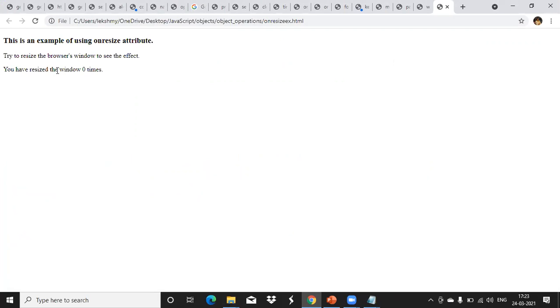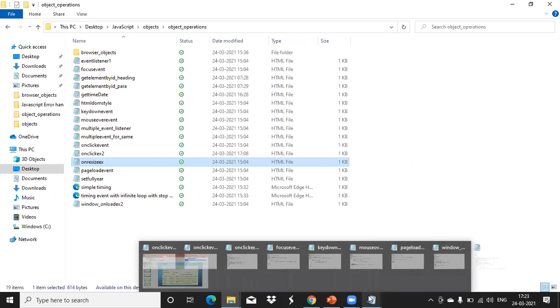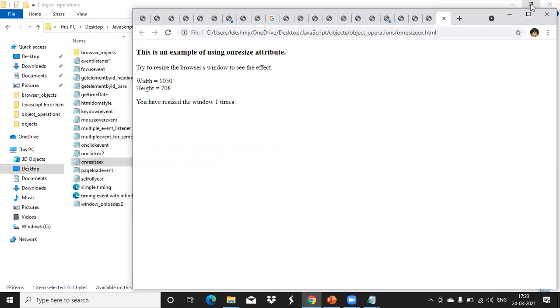So a count variable also we have set there to count how many times that window we have resized. When I press this maximize button, you have resized that one like this. Width is this much, height is this much.